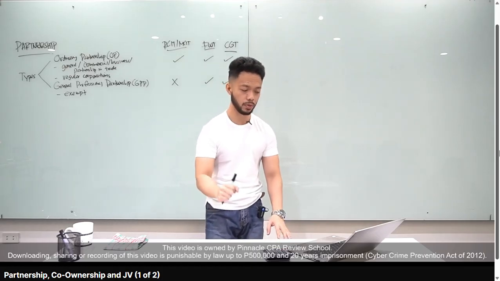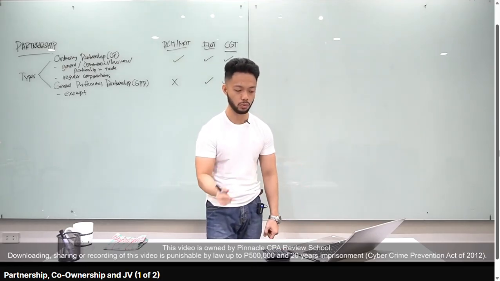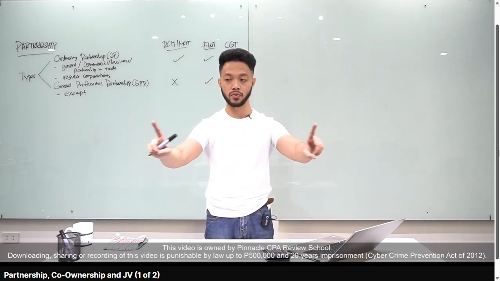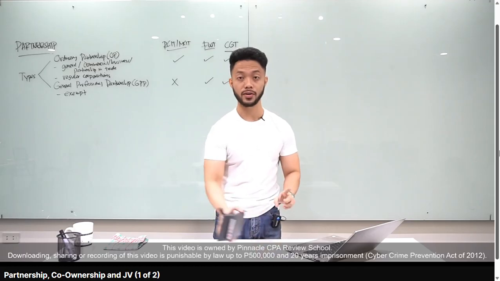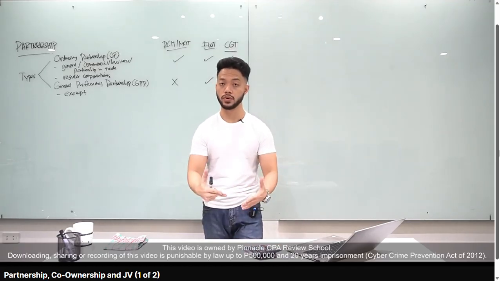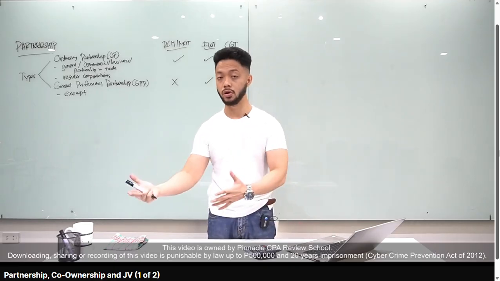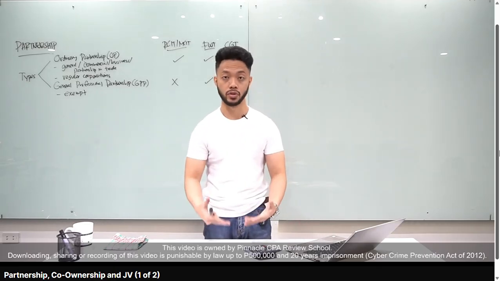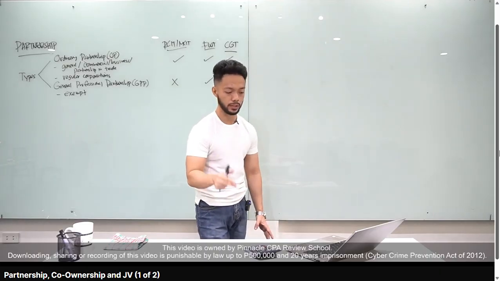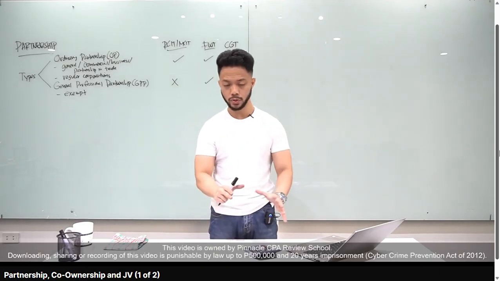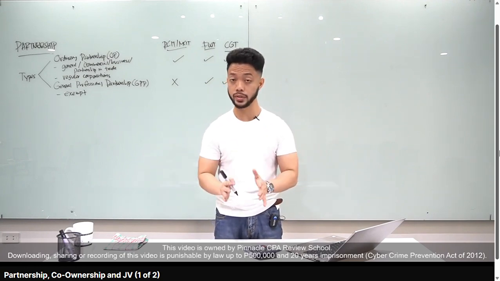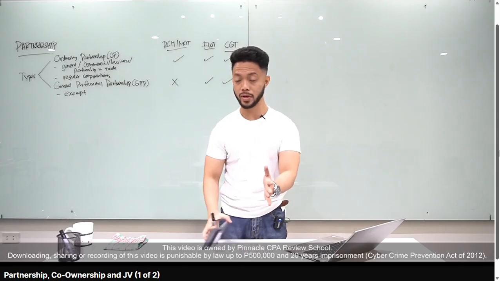Okay, so assuming may common profession kayo, let's go to letter B, formed for the sole purpose of exercising their common profession. So hindi pwedeng CPA, nag-form ng GPP, and then ang ginawa niyo, nagbenta kayo ng calculator. So hindi pwede yun. So dapat, yung purpose kung ba't ka nag-form ng GPP is to offer audit services if CPA, or kapag naman law, mga lawyers, to offer legal services. Yes? And then letter C, no part of income is derived from engaging in any trade or business. So ibig sabihin class, isang lawyer, nag-form ng GPP, and then nag-offer ng legal services, tapos on the side, nagbebenta ng calculator. Hindi pwede yun.